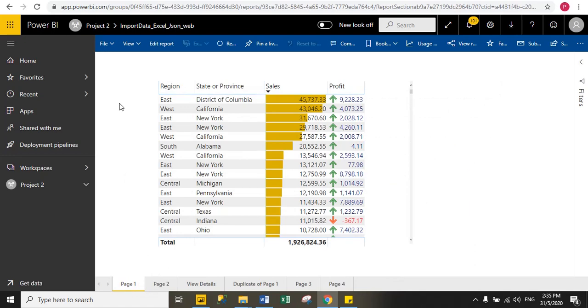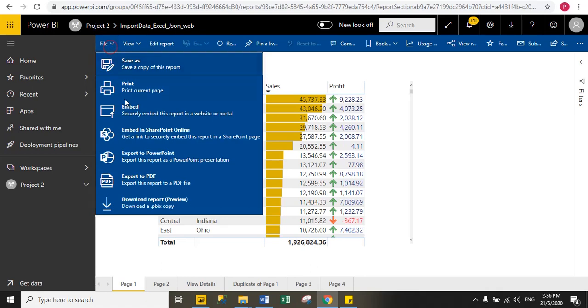Now I will export all pages' visuals to Microsoft PowerPoint, and this is a very good way to present your data at a higher level. So you can export all your pages' visuals to Microsoft PowerPoint, and then you can present your data to your higher level. So follow these steps.